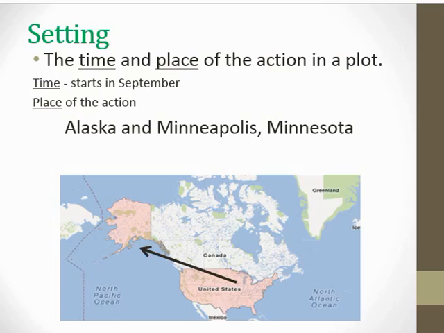That is the setting of our novel. The author chooses this setting to develop the plot. If we didn't have such a remote and brutal setting, then a lot of the incidents in the plot could never occur. So as you read, I want you to think about why our author, Ben Michelson, selected Alaska as the setting for this book.